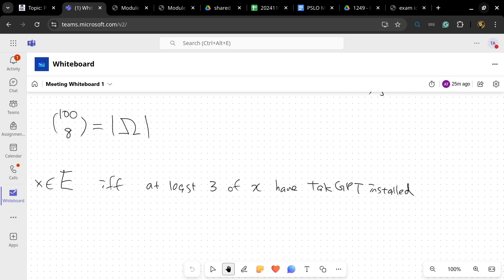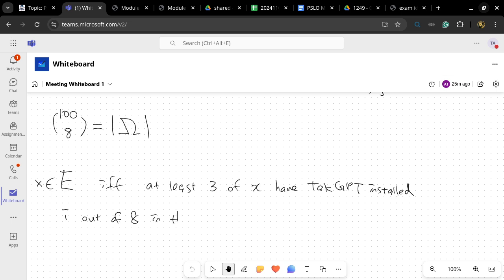Okay, so now the question is, what qualifies a particular sample of 8 to make it into the event set? Well, the qualifier is that tech got caught because of that sample. So how did I get caught? Well, at least three out of the 8 in that sample has tech GPT installed. So let's just say that we are now interested in I out of 8